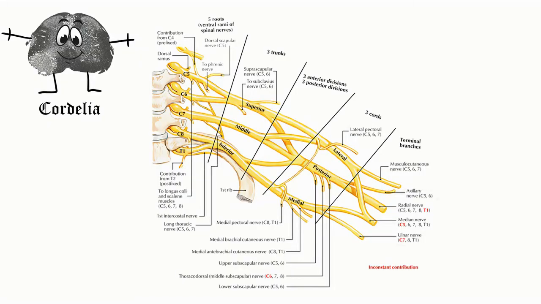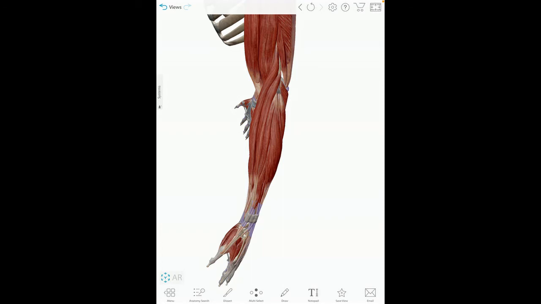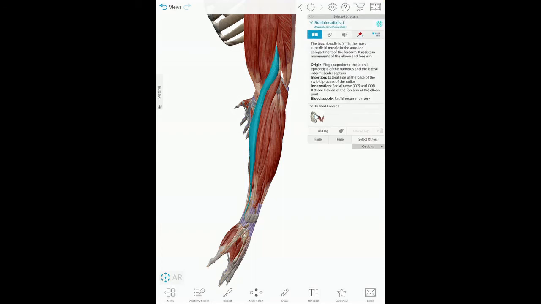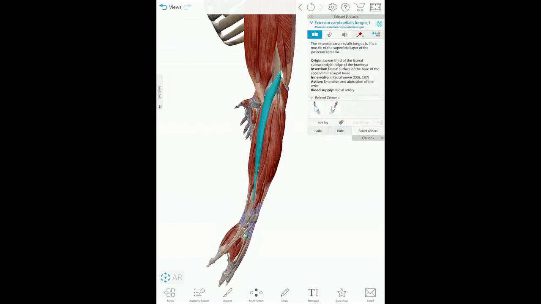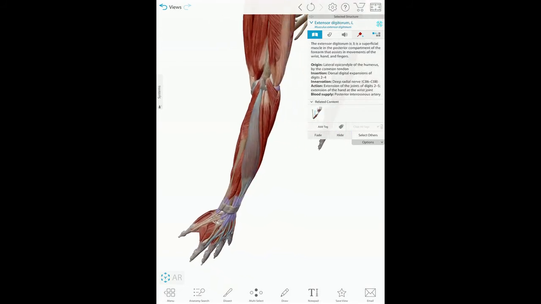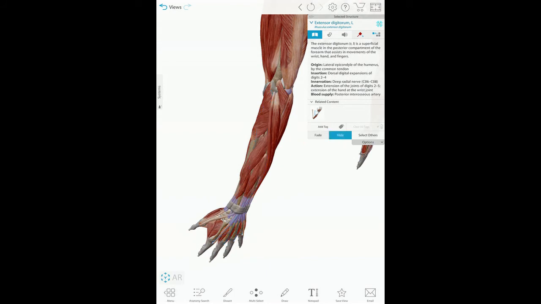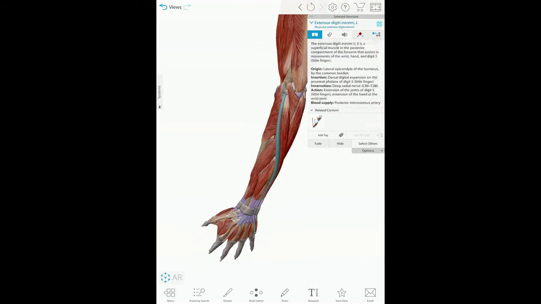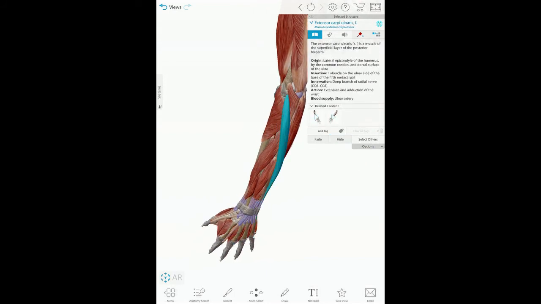Now we'll discuss the radial nerve, which is a terminal branch of the posterior cord. It supplies all of the muscles of the posterior compartment of the forearm, including brachioradialis, extensor carpi radialis longus, extensor carpi radialis brevis, extensor digitorum, extensor digiti minimi, and extensor carpi ulnaris in the superficial compartment,